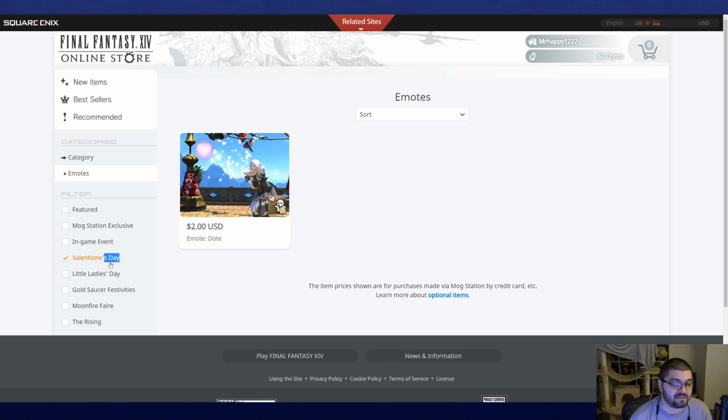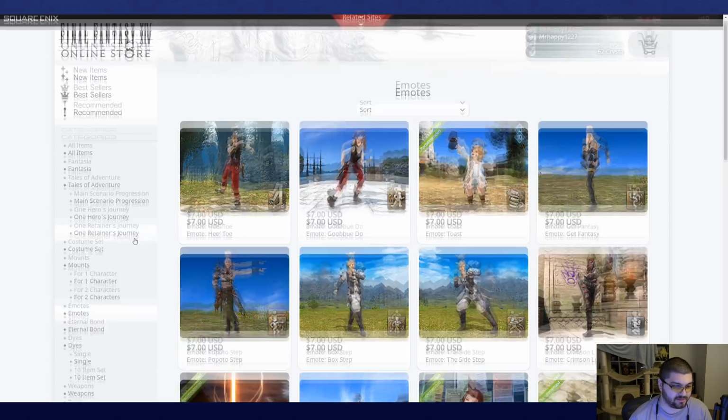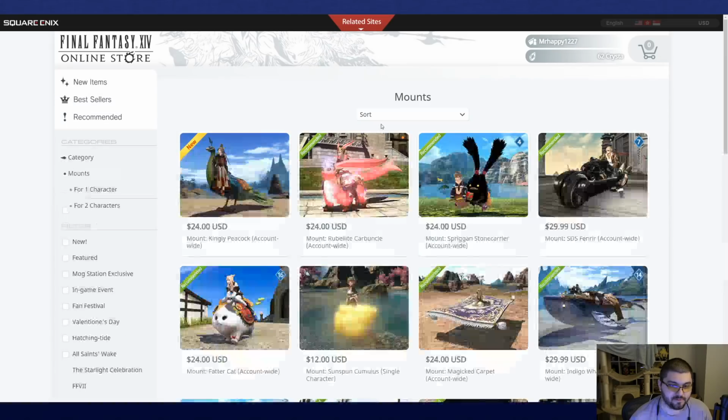And that's the biggest thing. It's a lot more responsive, the new Mogstation. That's probably the biggest thing that I've actually noticed. Now I can actually look through these. Let's see. Let's try, I guess, let's go with mounts. All right, it seems like not a...